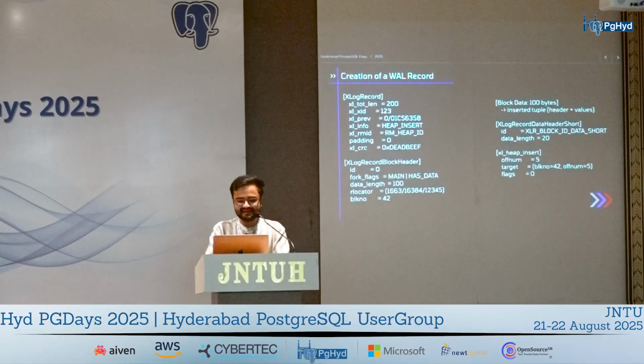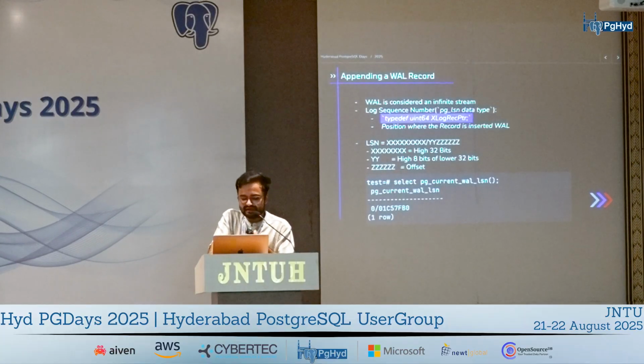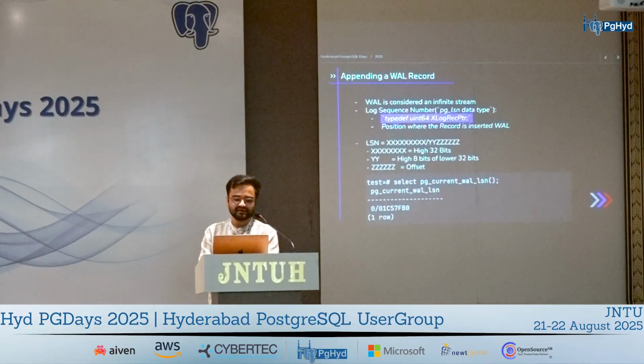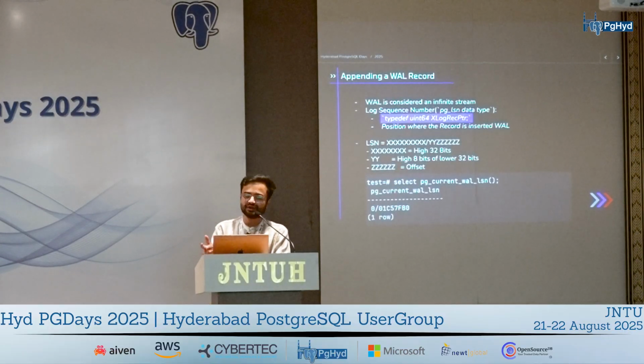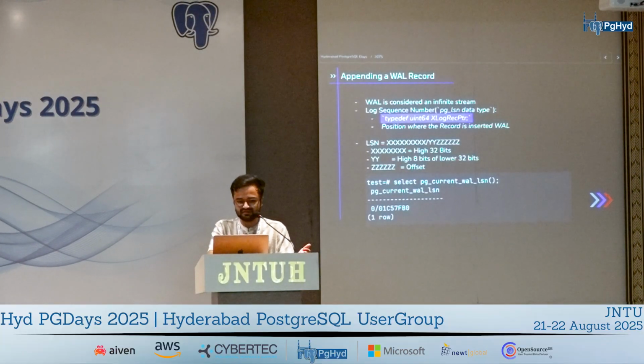So this is a very simplified summary of how the WAL record looks, right? And if you want, you can use the pg_walinspect module within Postgres to see all of these parameters and make decisions based on that. Now we understand how a WAL record is generated, but once this WAL record is generated, you want it in your WAL files, right, to utilize in the various use cases.